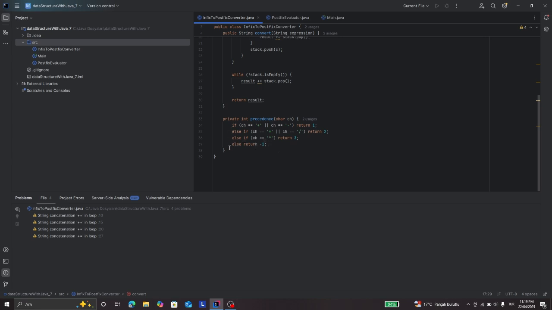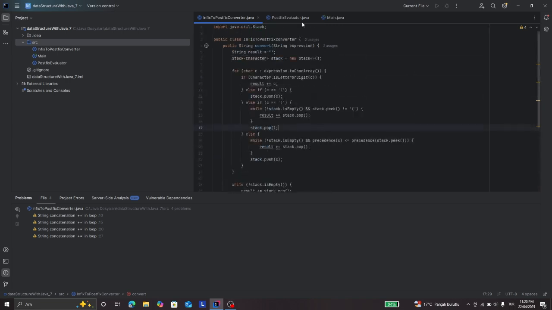The mathematical precedence of operators is: plus and minus equal 1, where 1 is the lowest precedence. Multiplication and division equal 2, where 2 is the medium precedence, and the power symbol is 3, where 3 is the highest precedence. This class evaluation is over. Let's take a look at the postfix